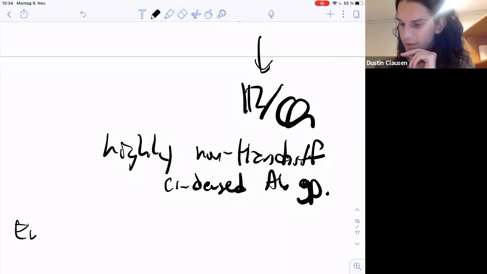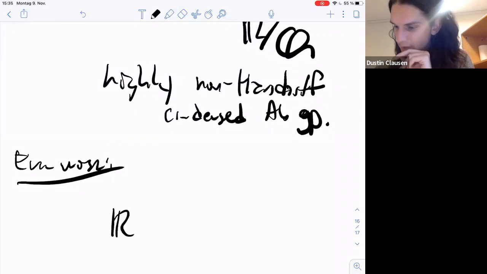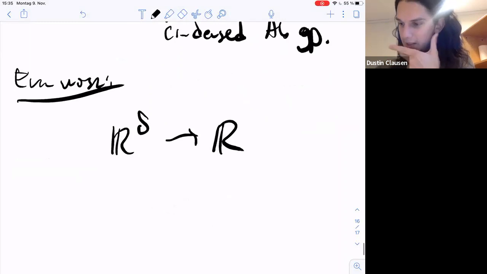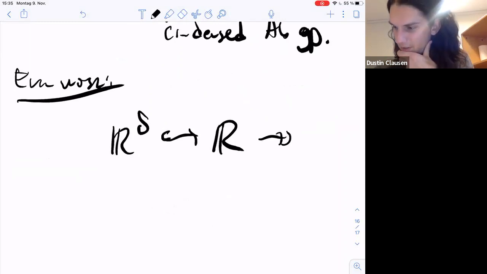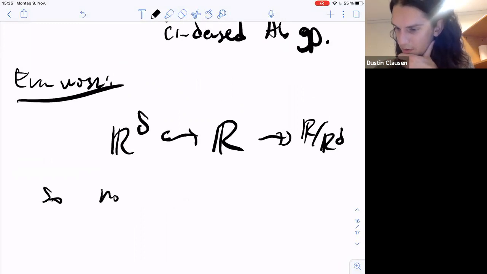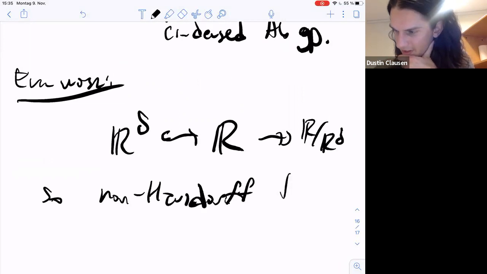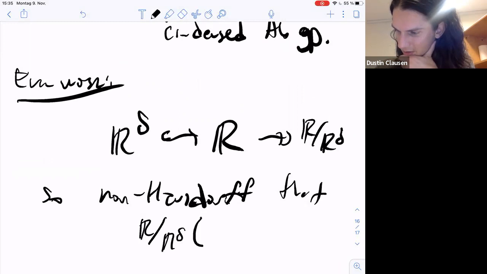In fact, you can do even worse, so to speak. You can look at R with the discrete topology mapping to R with the usual topology. And again, this will be an injection, and we'll have a corresponding quotient, which is so non-Hausdorff that, in fact, its whole underlying set, so to speak,